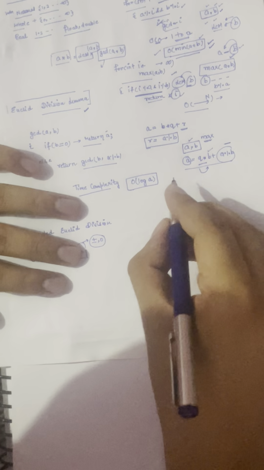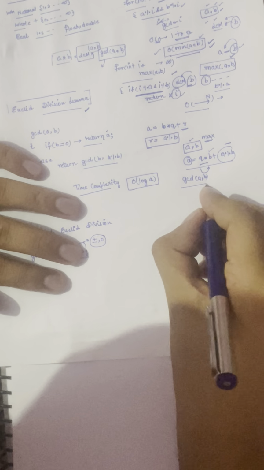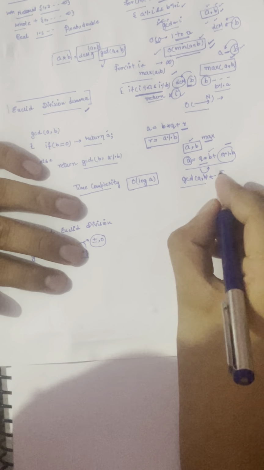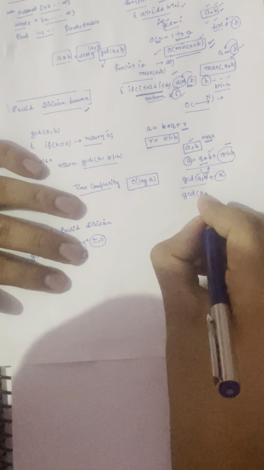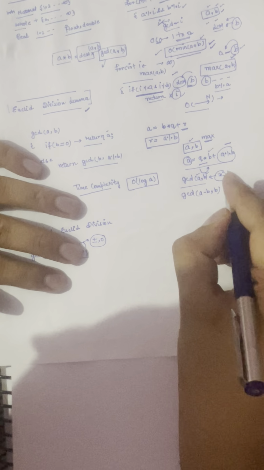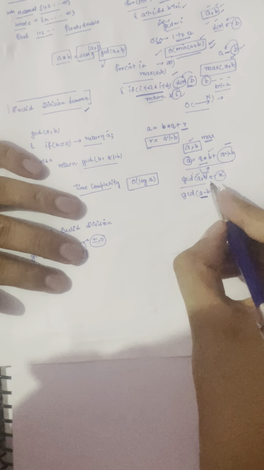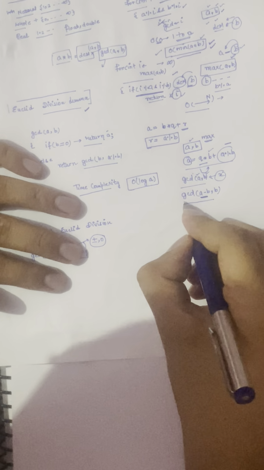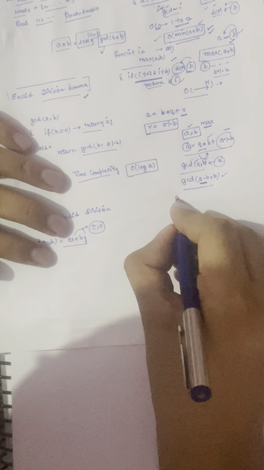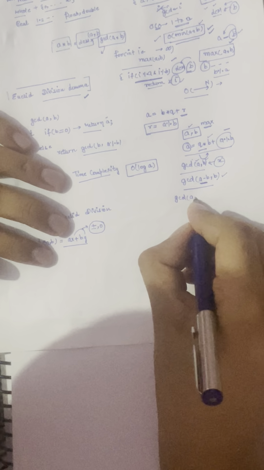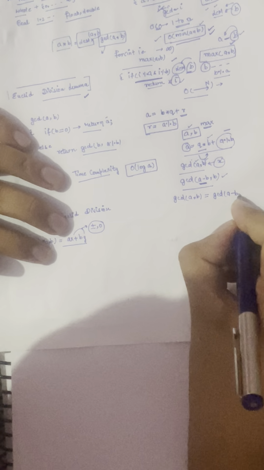In this case, there is one property. Let's say we are finding GCD of A comma B, and this number is x, which means x is able to divide A as well as B. So consider GCD of A minus B comma B. Because x divides A and x divides B, x will also divide A minus B. So GCD of A minus B comma B would also be x. So we got GCD of A comma B as GCD of A minus B comma B,